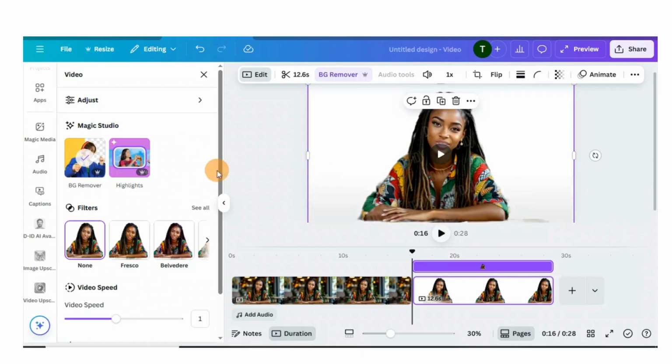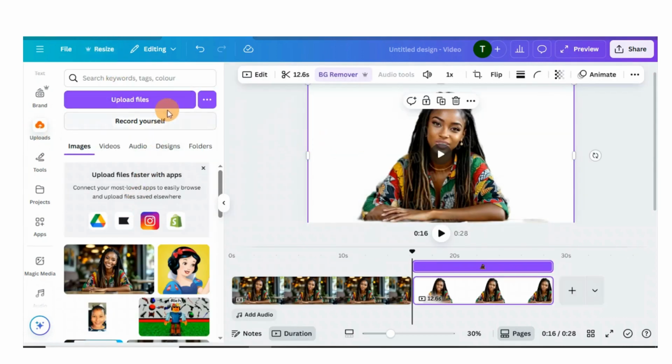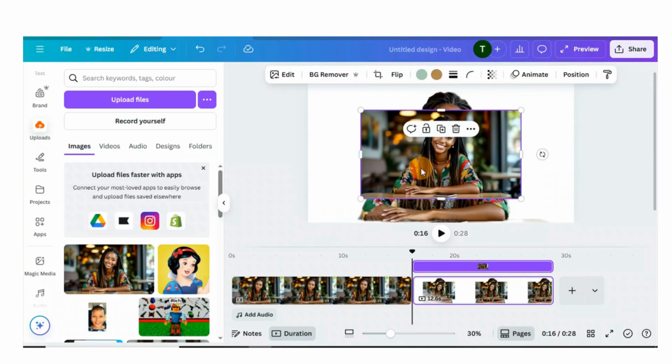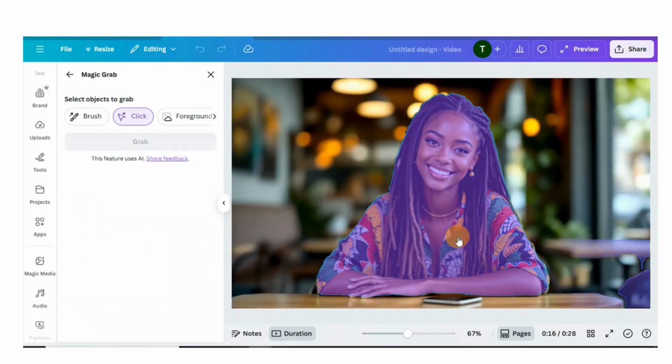So what we're gonna do now, I'm gonna go to my uploads, and then you can upload the very same image that you have just used to generate this video. So this is the image. So I'm just gonna come here to edit, and then come here to the magic grab. So you're only gonna use this